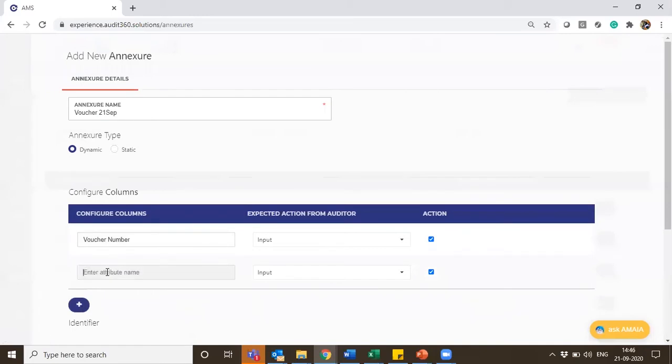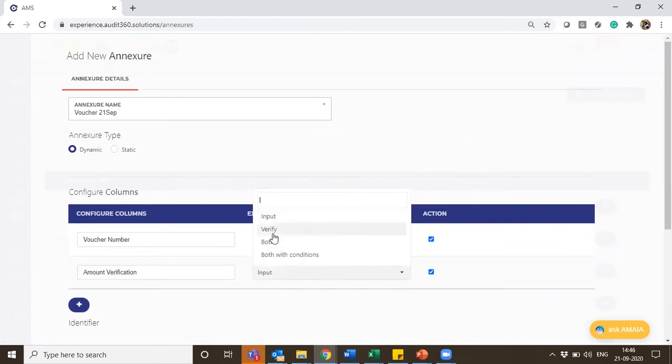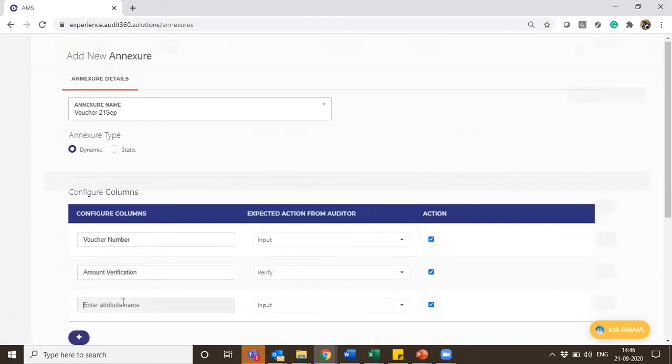What I need to verify is the verification, which I need to verify. I also want to see authorized person signature.